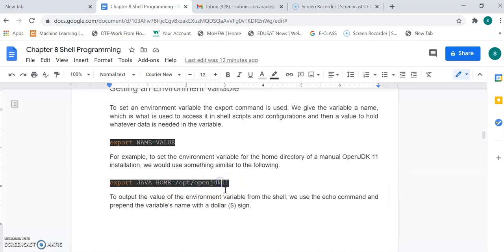/opt/openjdk11. Now this OpenJDK is an open source JDK. Currently for Java programming, I think you are using Oracle JDK. This is another, different OpenJDK available as open source. Oracle JDK is also open source, and you can download that one also. But in this example, OpenJDK has been downloaded and installed. We just have to set the OpenJDK 11 version path as JAVA_HOME.